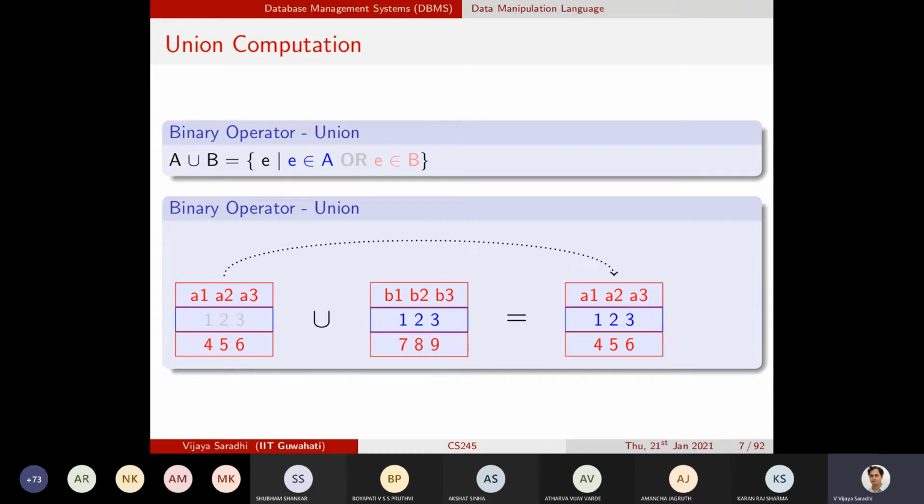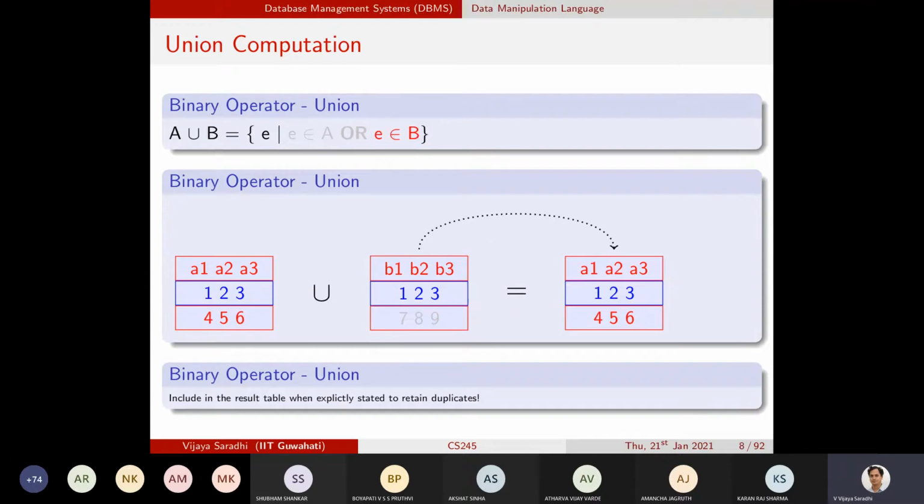Here only two rows are there, so I'll populate those two rows over here. Once table A's rows are exhausted, I'll move to the next table.